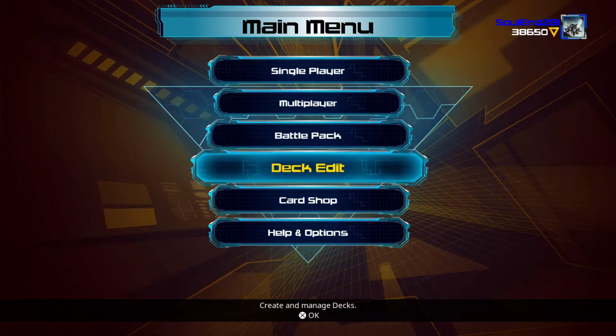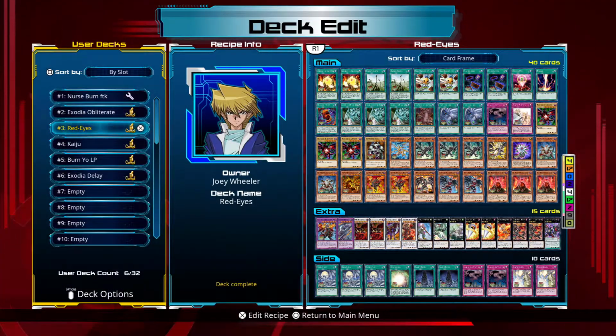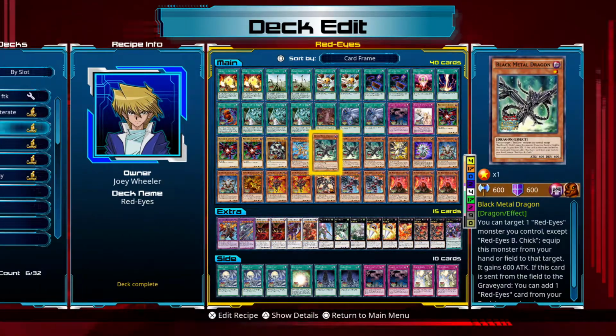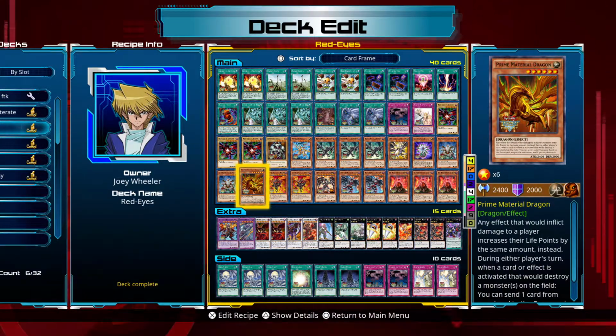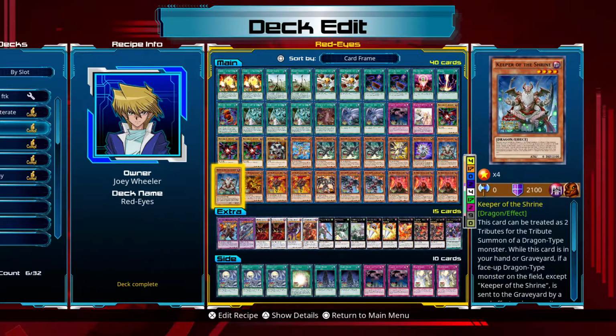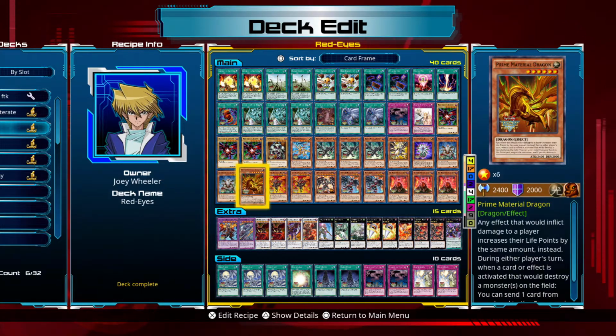But anyway, that's a showcase of the deck. I'm going to give you my deck profile right now, and my opinions on the cards used in this deck profile. When it comes to monster choice, I would take out 1 Red Eyes Flare Metal Dragon. He does use 3. No, sorry. I think he uses 3 Keeper of the Shrine. I'd take out 1 Keeper of the Shrine and pop a Prime Material Dragon in,